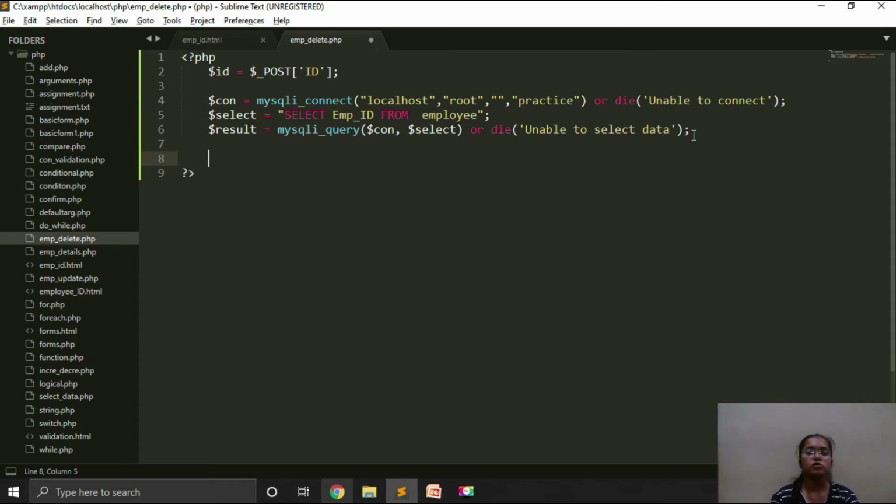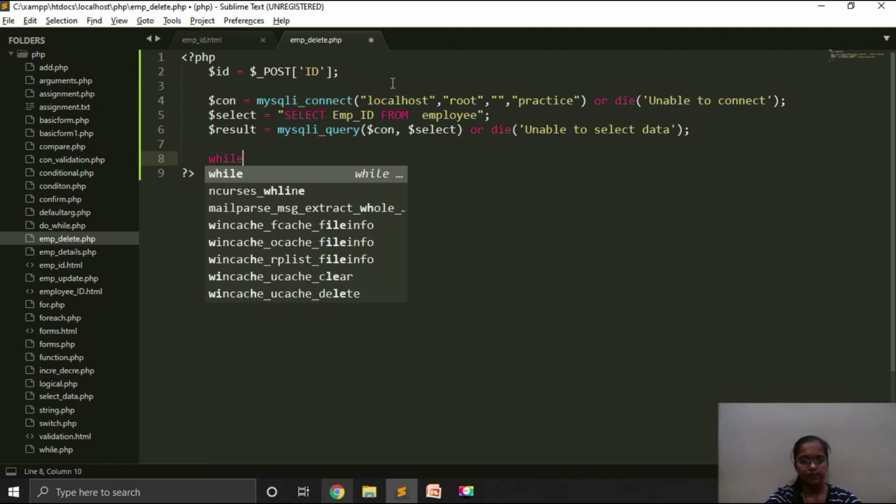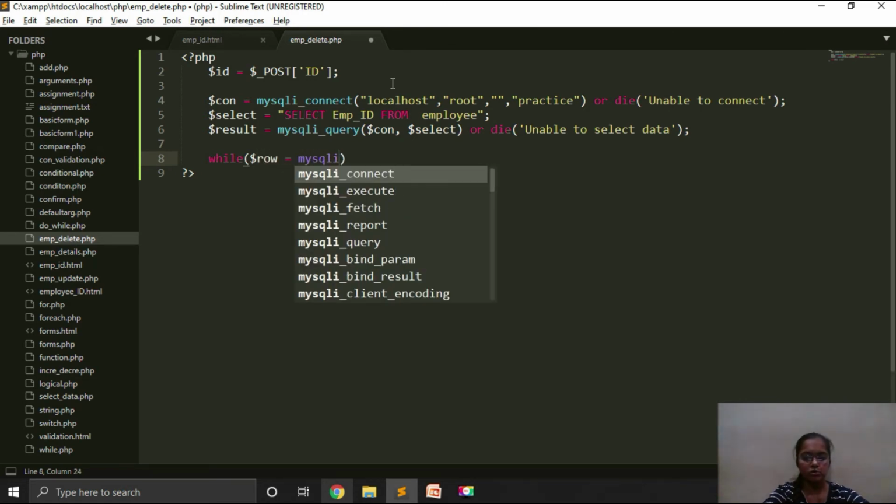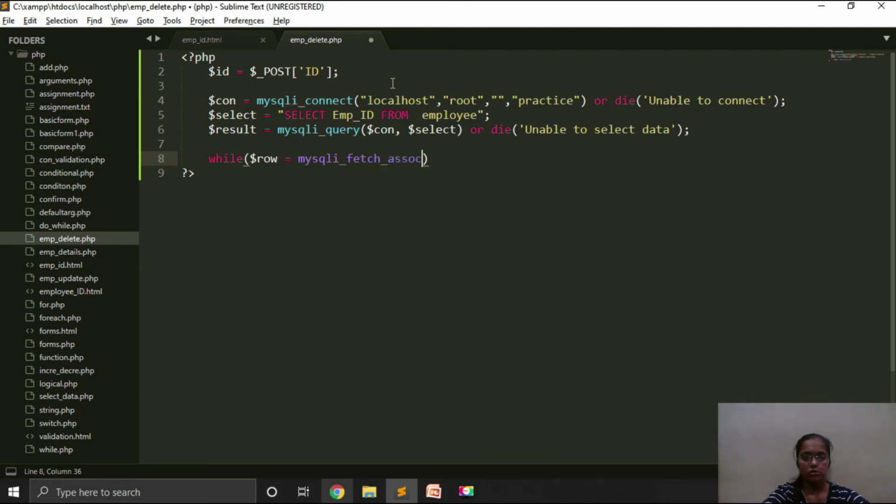Now our next task is to fetch the ID from the database and store that ID into a variable, so that we can compare whether the ID fetched and the ID given by the user match or not. For that a while loop will be used: while $row is equal to mysqli_fetch_assoc and the result.